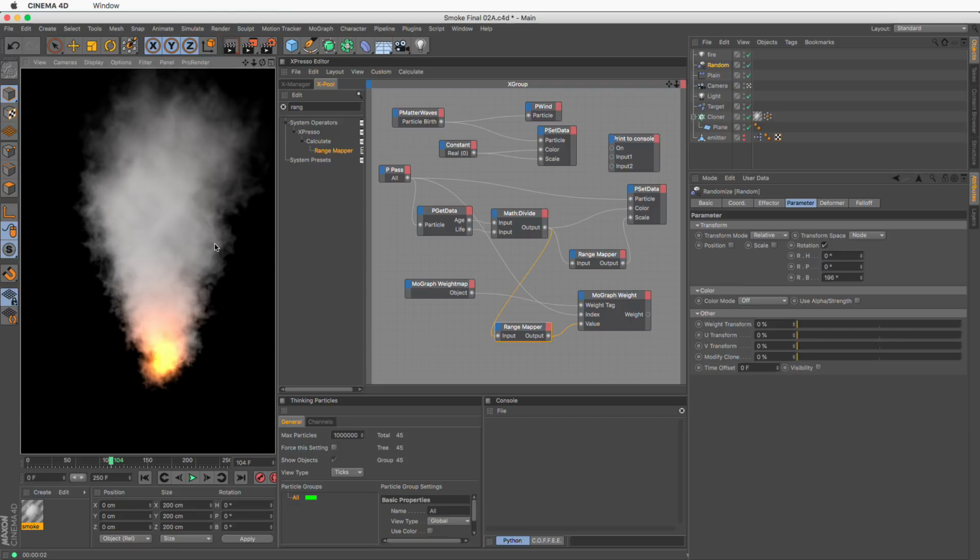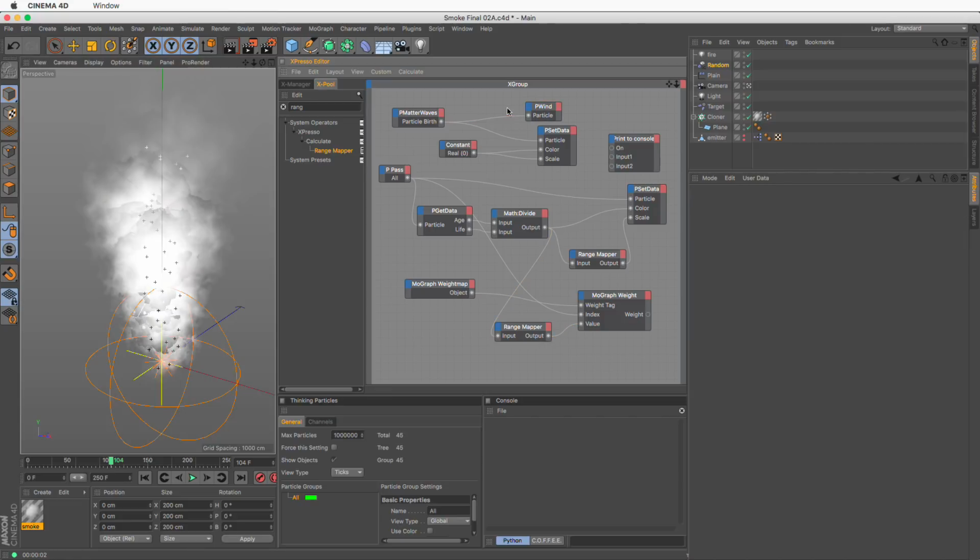Excellent. So the final part of this tutorial, and sorry for taking so long, but it was packed with knowledge, is how do we render this on a render farm? Now, depending on what sort of turbulence you have and all that, if you just go ahead and render this on your network, you're going to have jumps, because each computer is going to start the particle simulation from a different part. And the good thing is that there's a very, very simple solution to this.